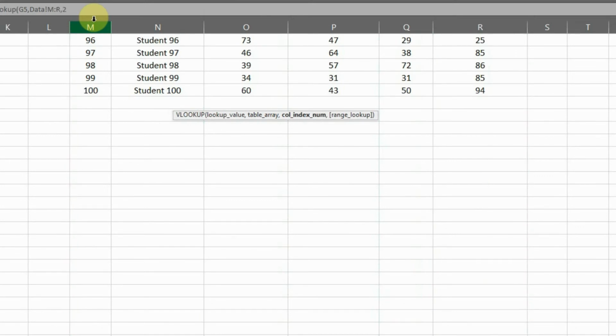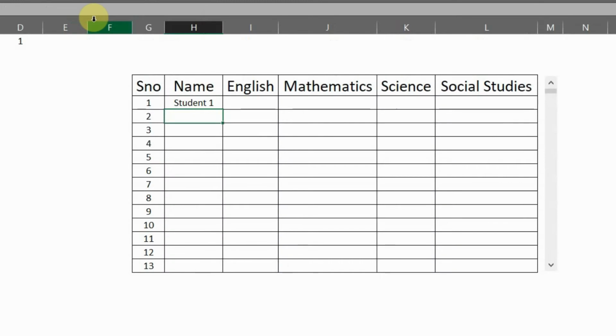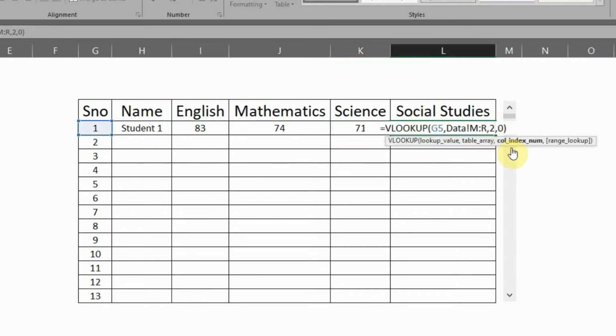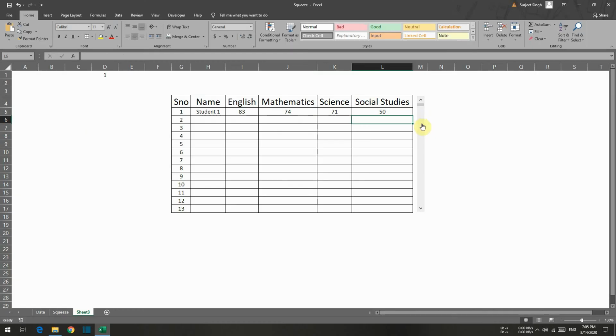Name is in the second column, English score is in the third column, mathematics score is in the fourth column, science score in the fifth column, and social studies was in the sixth column, right?